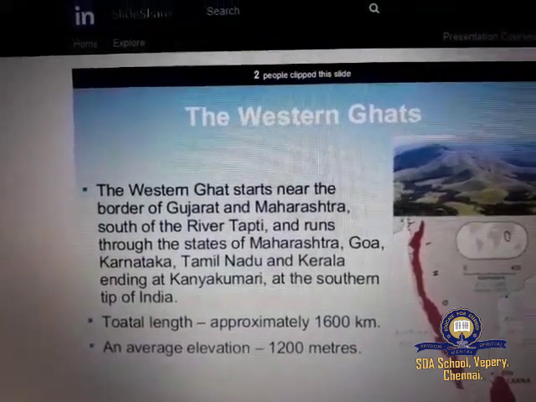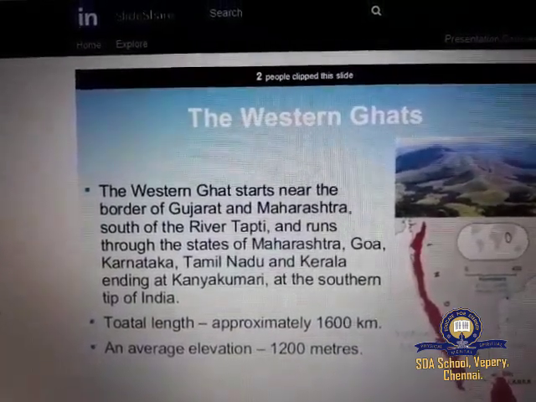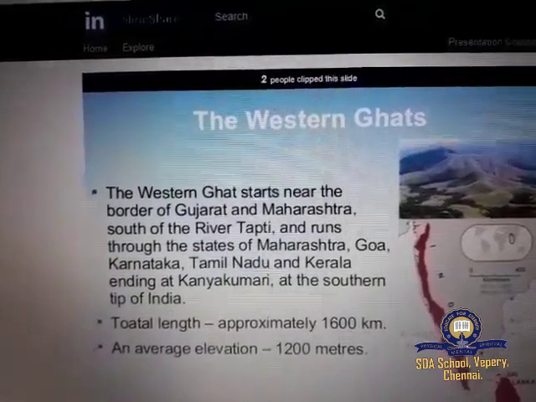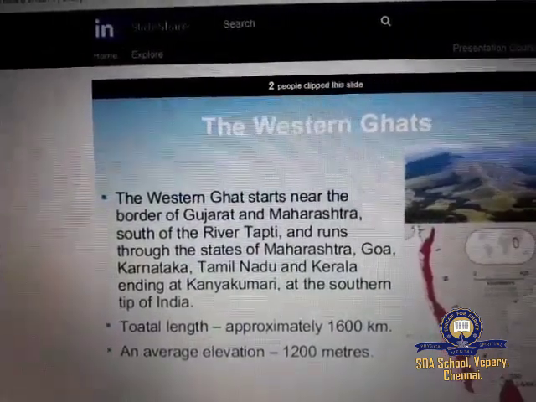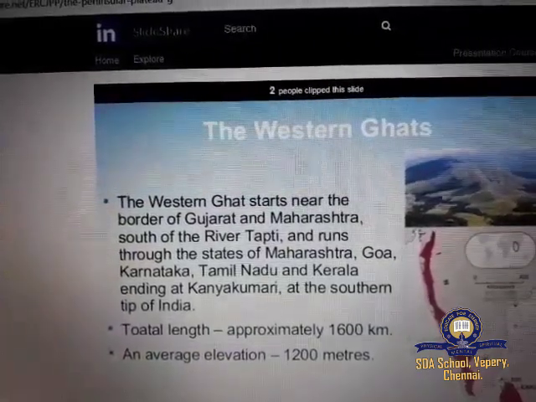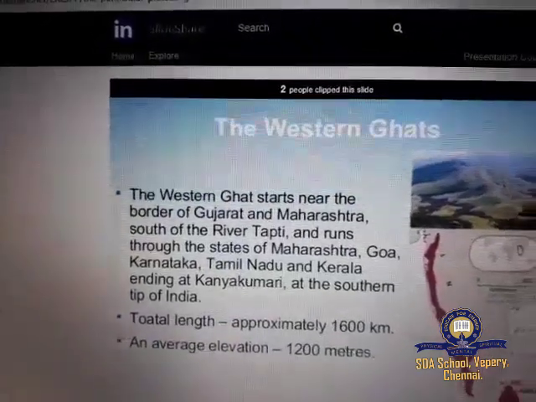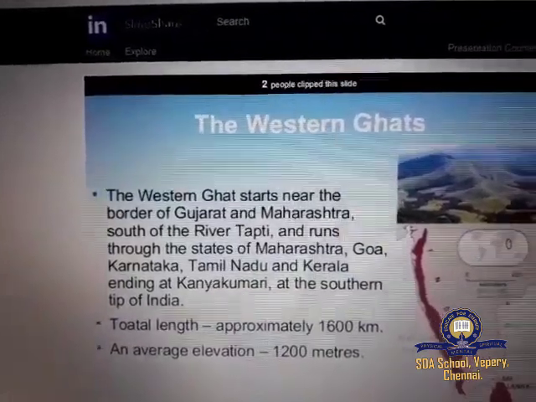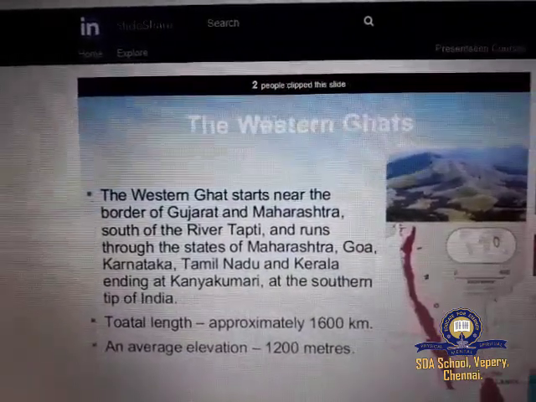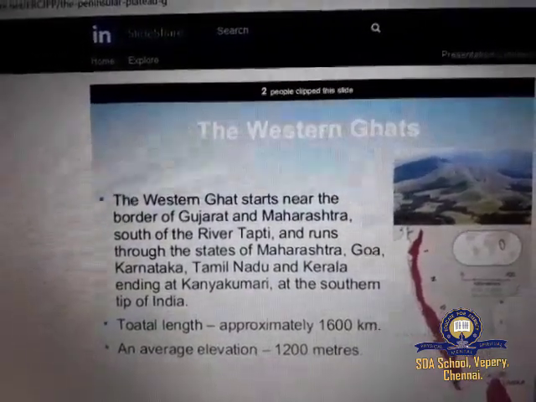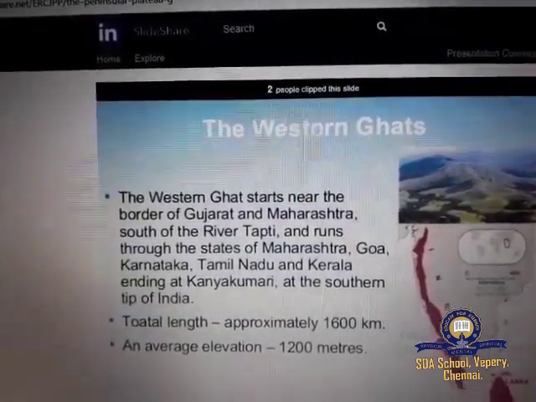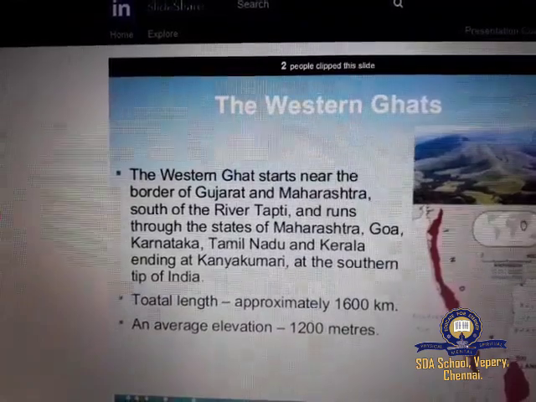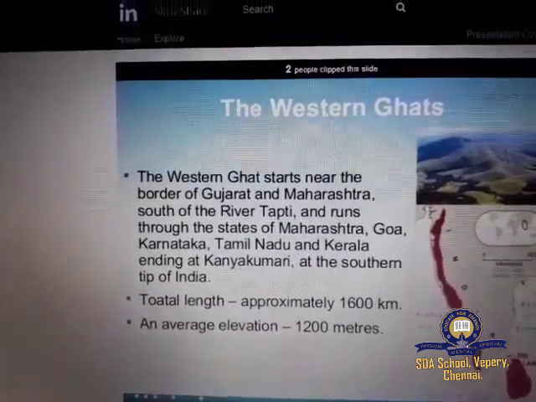The northern part of this range is called Sahyadris. The height of the Sahyadris increases from north to south. Anaimudi is a sort of tri-junction of the Anaimudi range, the Cardamom Hills and the Palani Hills. Kodaikanal is a beautiful hill resort situated on the Palani Hills.